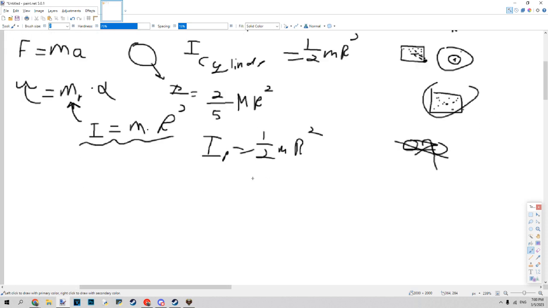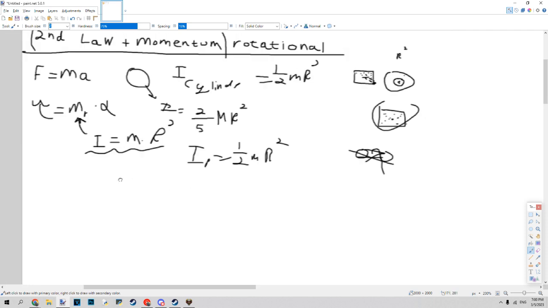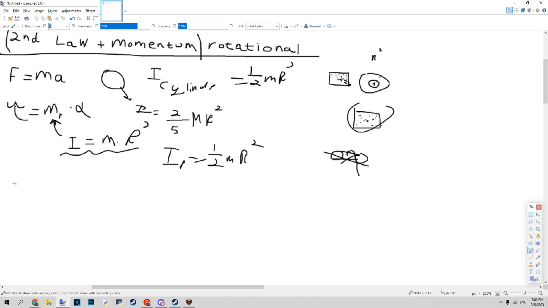So now we know the counterpart of mass, and we know Newton's second law in rotational form: torque is equal to the moment of inertia times the angular acceleration. So that's a pretty good starting point. And now we've reached a point where we know the angular counterparts of most all of the translational